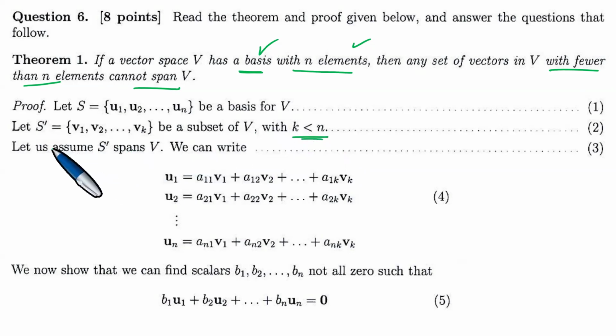Okay, so obviously the set S prime has fewer elements. Let it be a subset of V with k less than n. Let us assume that S prime spans V. So now this is very, very interesting. So for a contradiction,